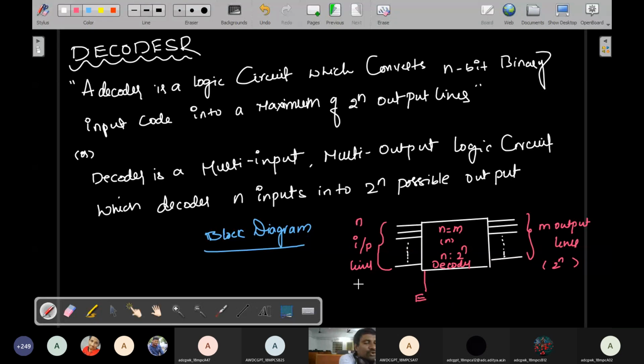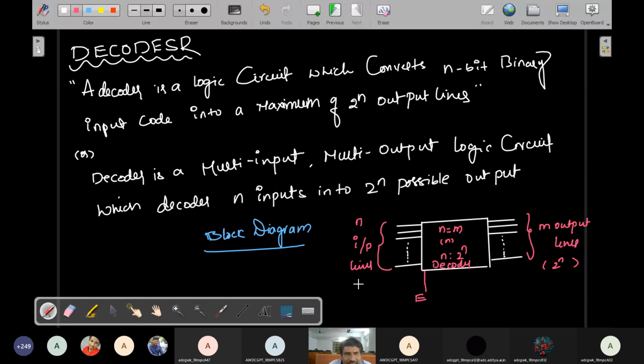Okay, so please note everybody. I'll move to next page for further continuation. So this is nothing but decoder. If in exam they are asking what is decoders, first of all you have to write the definition. Any one of the definition is enough. No need to write two definitions. You have to write any one of the definition out of these two.